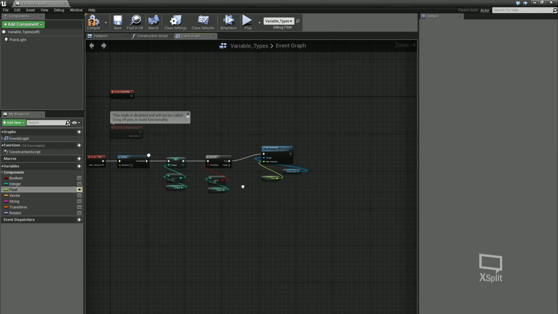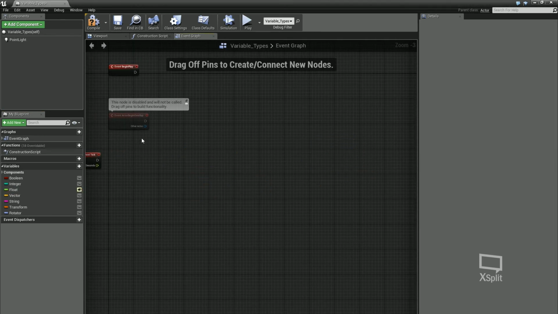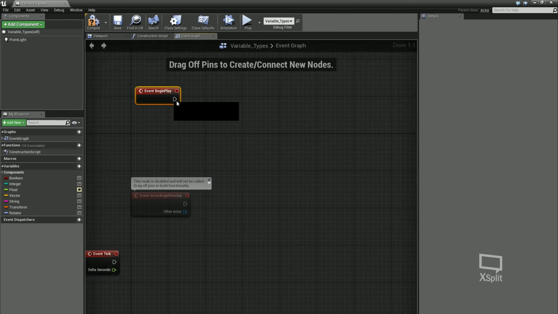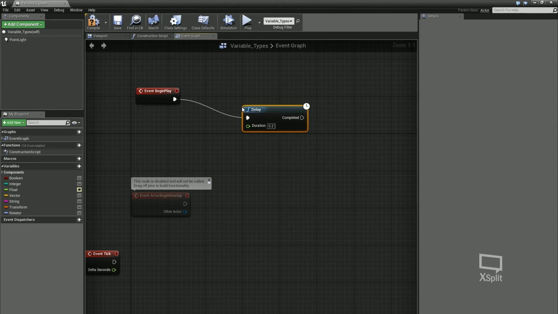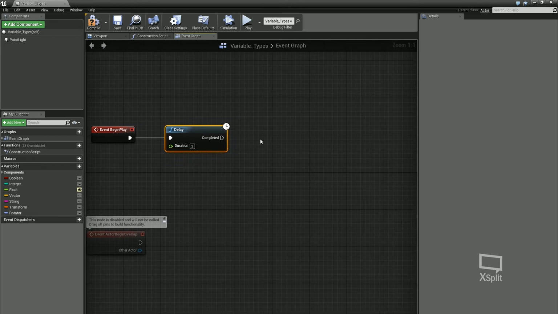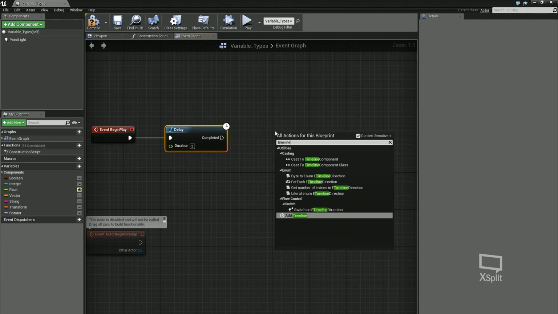I'll start off simple. What we'll do is we'll delete what we have, and we'll just go up to the event begin play, and we'll add in a delay of 2 seconds, just so whatever we're doing doesn't begin as soon as we press play. And we're going to create a timeline, which is pretty simple. All you have to do is right click, type in timeline, and at the very bottom you'll find a timeline,